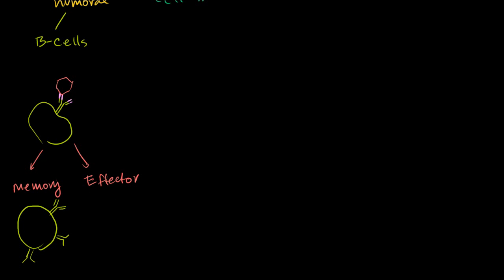And then the effector B cells essentially turn into antibody factories. So they say, I've been activated, let me produce many, many more versions of that exact antibody. So they get spit out. I drew that one a little wrong. So that exact antibody can then be spit out to go disable or tag antigens, and not just any antigen, this antigen right here.